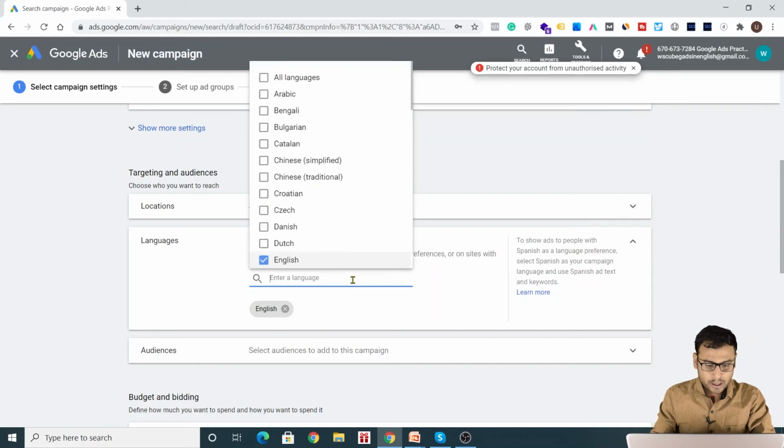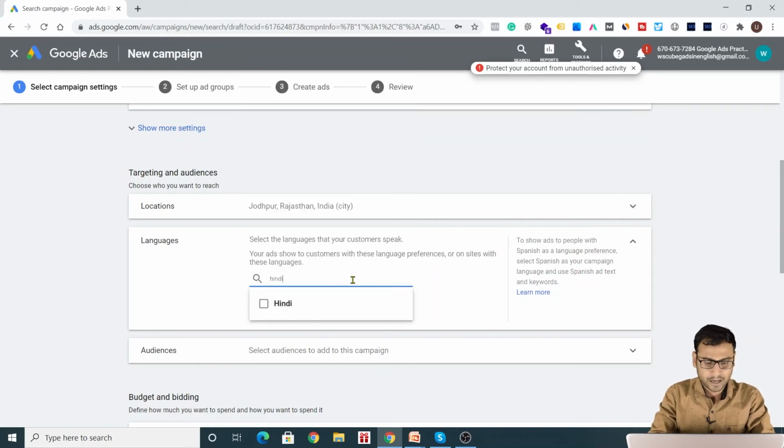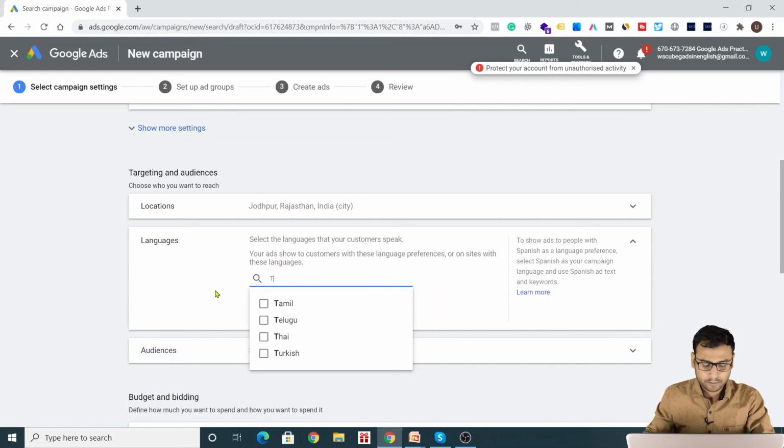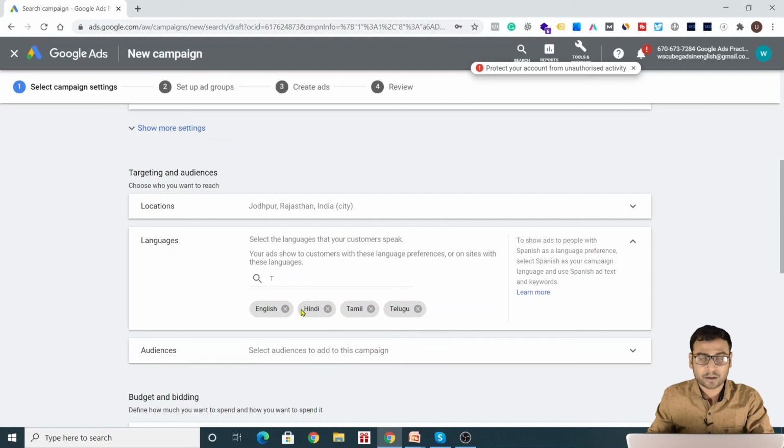If we want to target people with multiple languages, we can do that. We can select Hindi also, then we can go to Tamil, Telugu, whatever languages we want, we can simply click or select those languages from here. And if language is not part of your campaign creation strategy, you do not want to involve language, you are saying language is nothing to bother about, we want to show our ads geographically only, or based on interest only or keywords only, language is not a thing over here, right?